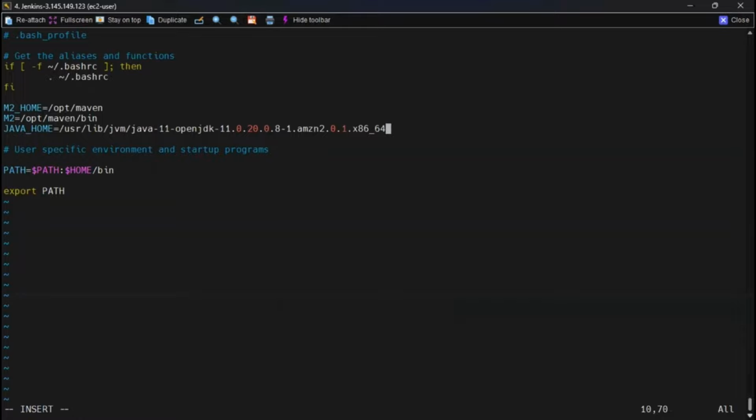Here. So now what I'm going to do next is to edit the PATH. So this PATH, $PATH colon $HOME/bin. And I'm going to complete that with the rest of the paths. All right, I have that as $JAVA_HOME right here. So I'm going to have $JAVA_HOME, have colon again, complete that,